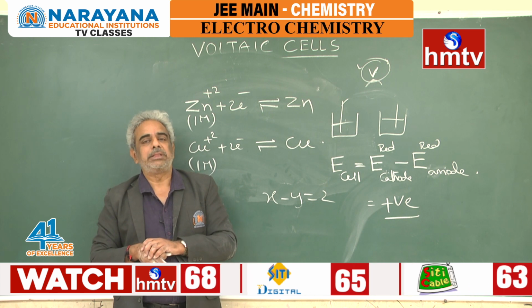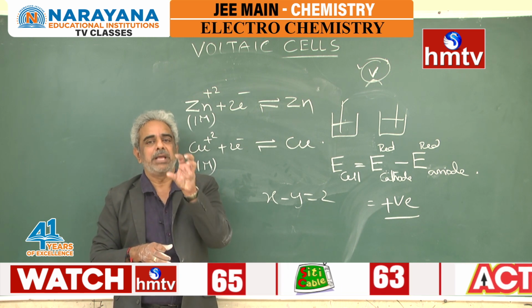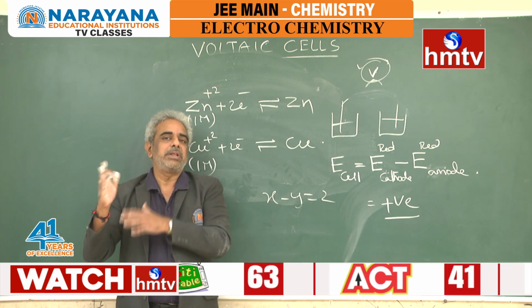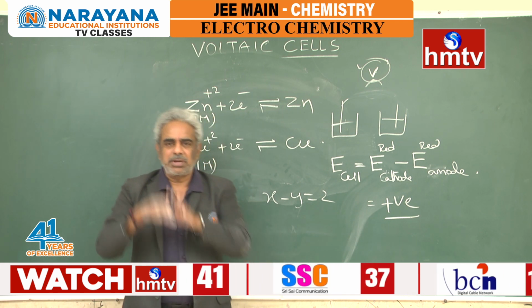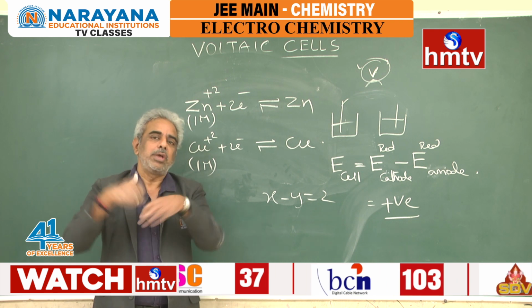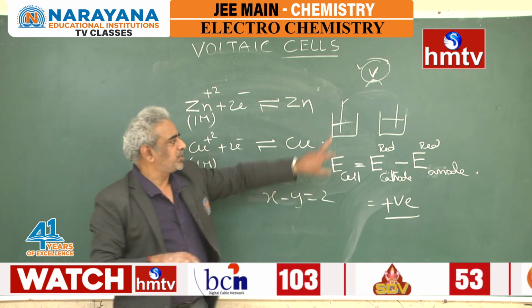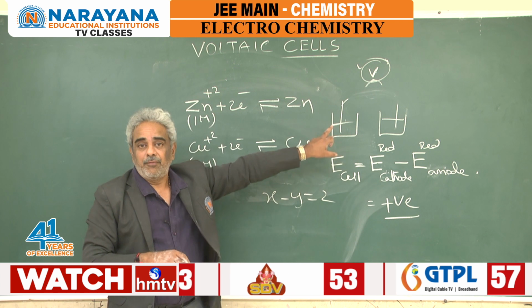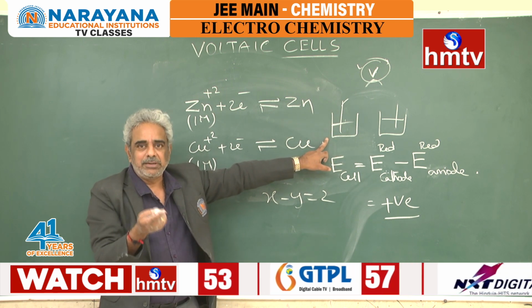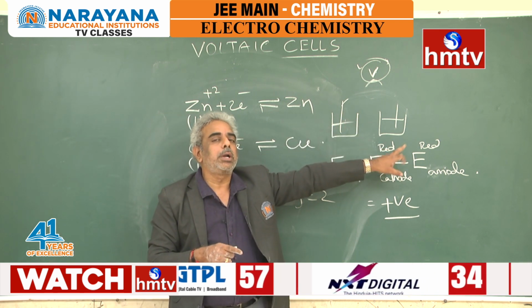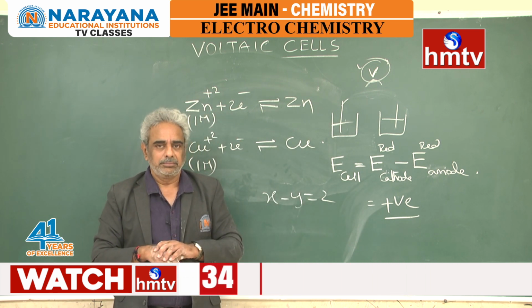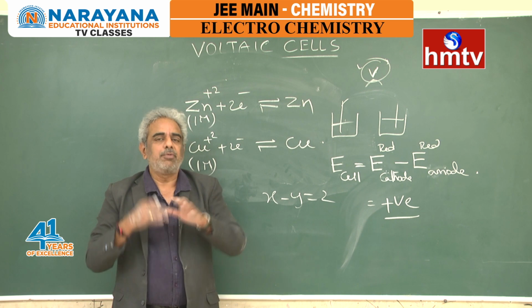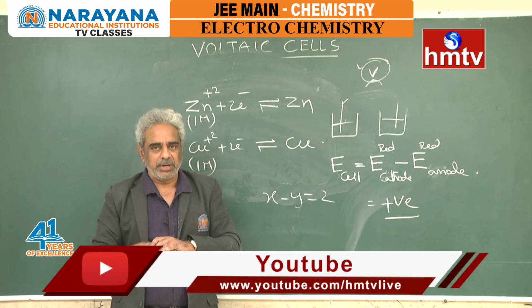Here you can go with a standard reference electrode. You take one electrode as a standard electrode with some fixed potential value assumed and construct a voltaic cell with one electrode of your choice and the other electrode which is standard value. You take it for granted, take it assumed, and we will work out the potentials of different cells.